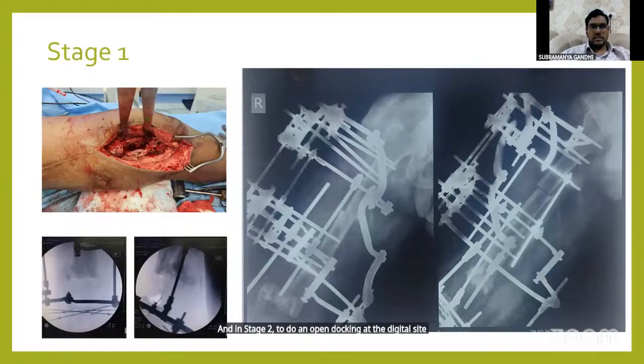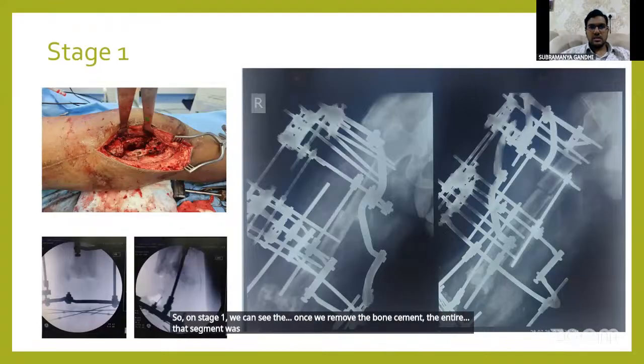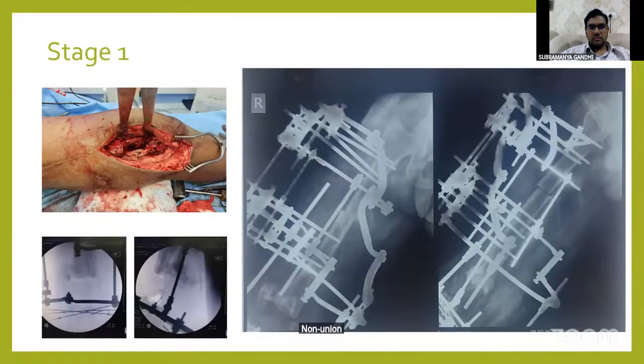So on stage 1, we can see once we removed the bone cement, the entire segment was avascularized, which the surgeon had tried to maintain for all the 4 stages to preserve that medial bone, which was leading on to non-union. So the entire segment was resected and the Ilizarov frame was applied